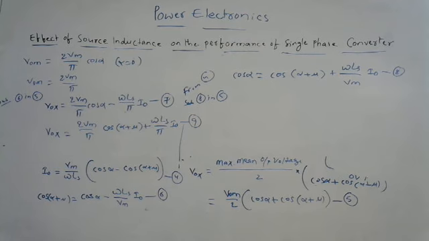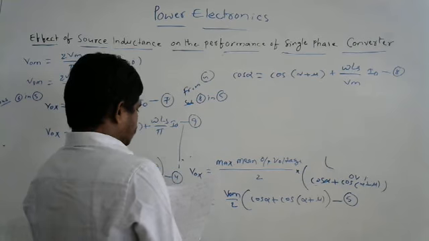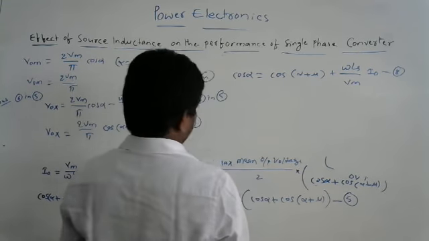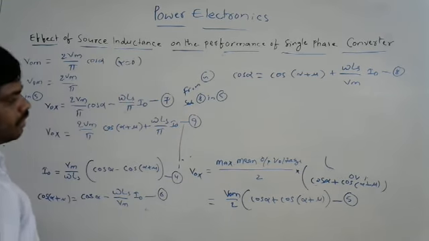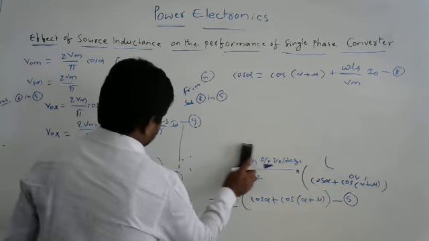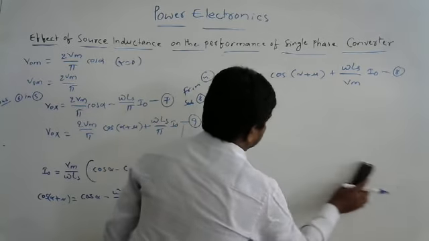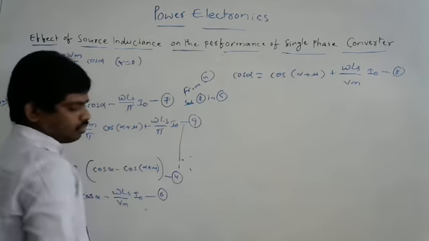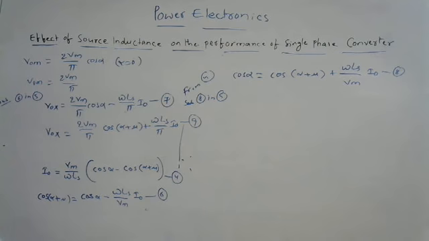So from this we can draw one equivalent circuit and one voltage regulation. Means what? How that output voltage is changed from 0 to maximum value during the operation, under the effect of source inductance. Next we'll see. So these are not required, all these things. Okay, then go to the equivalent circuit.